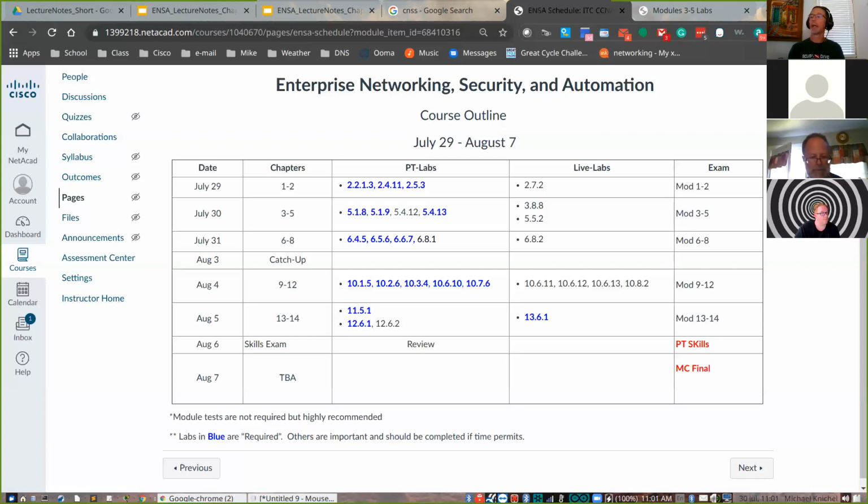I will teach you how to create your own self-graded activities, because it's a pain in the neck to have to open it, go look at the running config, or look at the output, check the pings and show me the IP route. It's so much nicer to just build it and then say, here, do it. It takes a lot of time up front to build the activity, but when you think about how much time you're going to save grading it down the road, it's immeasurable. You will save so much more time than you can imagine.